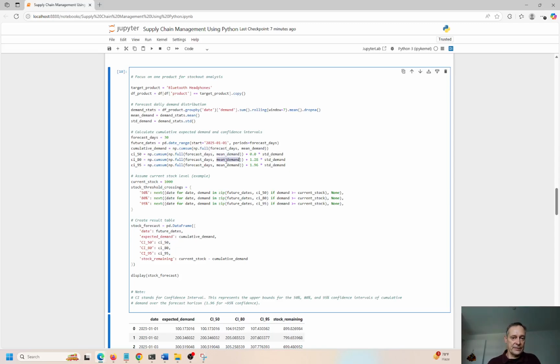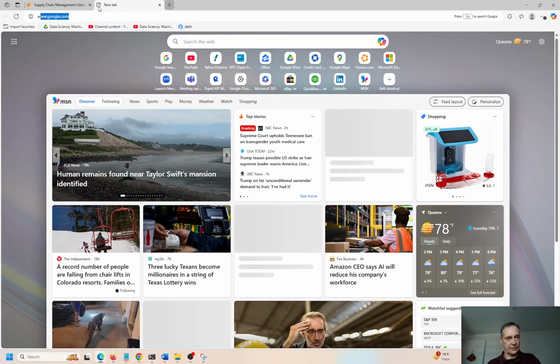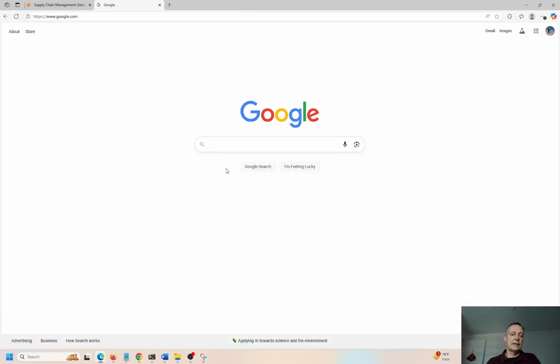And we're going to create confidence intervals based on these three features. So we have the average demand. 0 is just the average. 1.28 is the standard deviation. 1 standard deviation, 1.96 at the 95% confidence interval. If you don't know what that is, I can give you a quick breakdown here. Google confidence